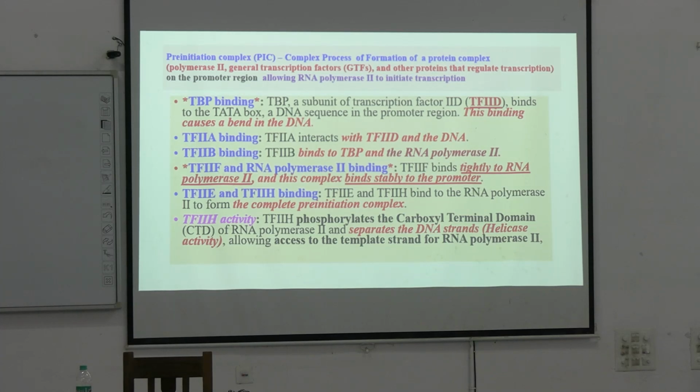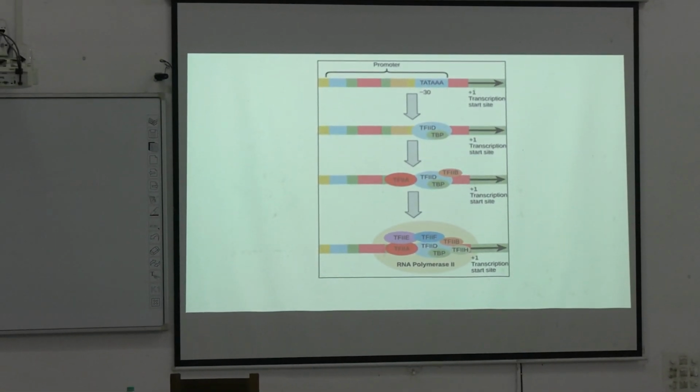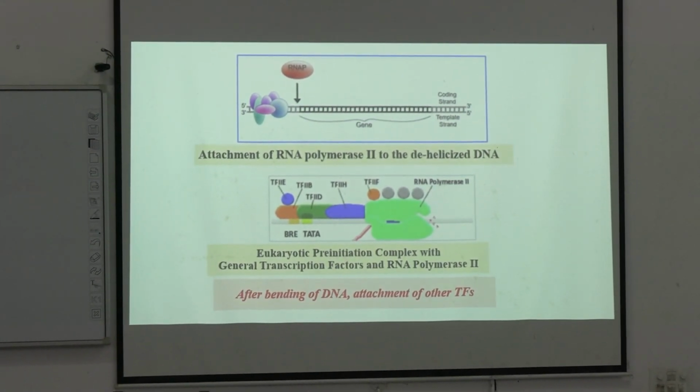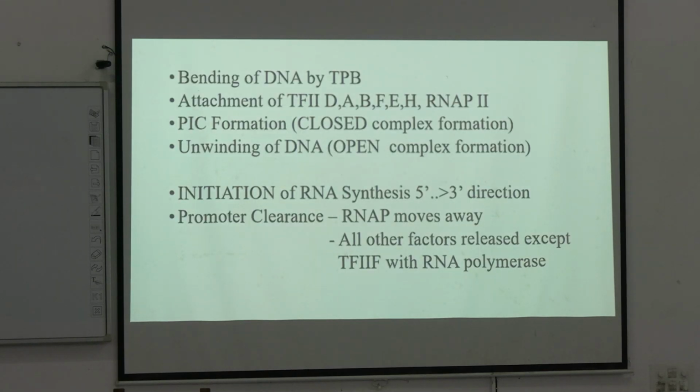You understand this part. So now you see these structures are getting attached to each other. Initially before the helix opens, that was the structure which is present, and RNA polymerase 2 binds, and after this, by bending, all the transcription factors get attached to RNA polymerase 2. So bending up to unwinding, and then initiation of RNA synthesis, promoter clearance. This is basically the initiation part.